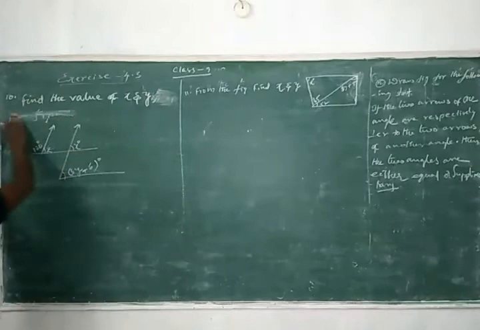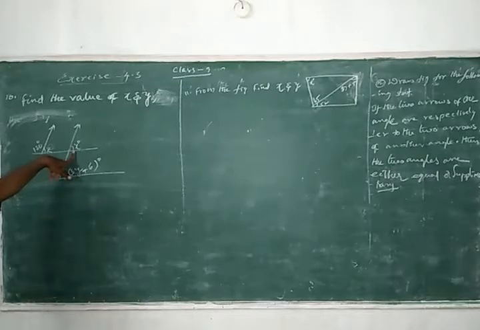So I am writing here. So take a figure. See x value, y value. Here figure you observe here. Z is equal to 120. Z is equal to x. Corresponding angles are equal. So first of all we need to find the z value. So z value you take, these lines are adjacent lines and it is also a linear pair.